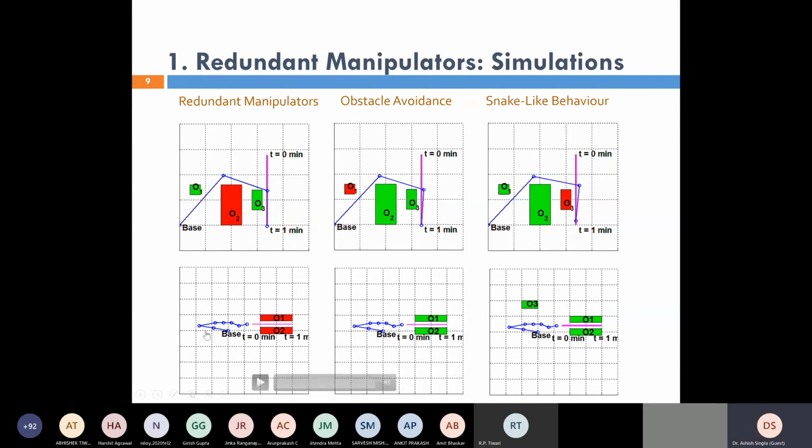In the next simulation, we can see this is a 7 degree of freedom manipulator, and we have 2 obstacles which show the front section, the cross section of the pipe. You can think of a robot which is supposed to detect a sewerage blockage in a sewerage pipe, or a laparoscopic operation where the robot is supposed to find some blockage in the arteries. If both the obstacles are red, the robot doesn't know that there is a wall thickness here, so it will assume it's free space and just roam around. You can assume that if a robot inside us roams around, this is what will happen.